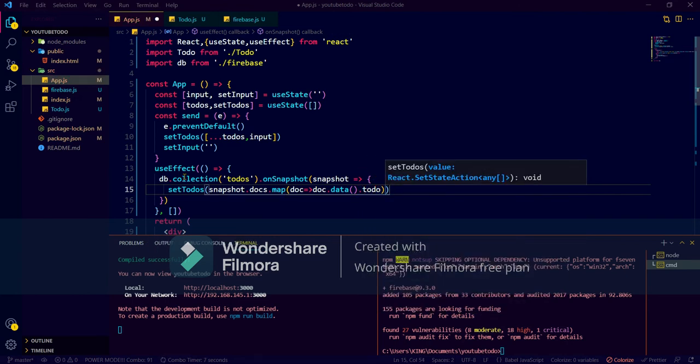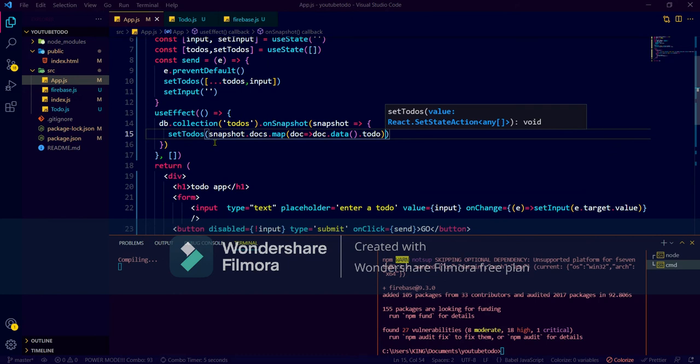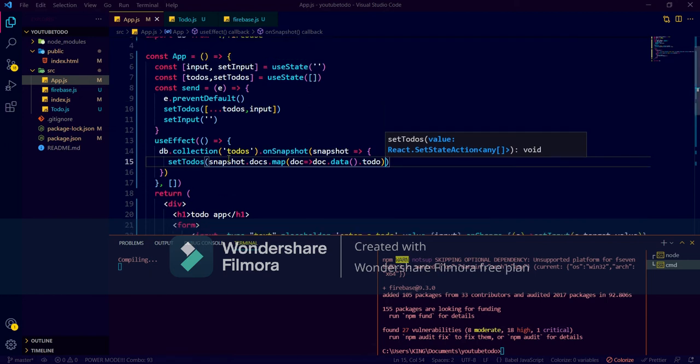So this way we are reading. This is just for the reading. So let's load it. It should get loaded. It is compiling. It is taking some time.